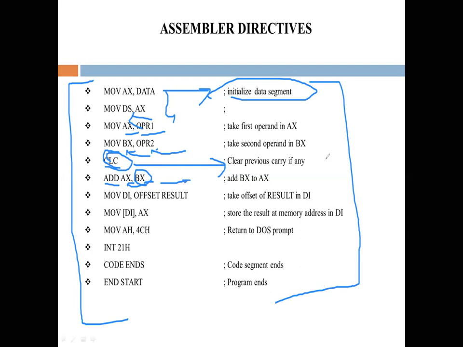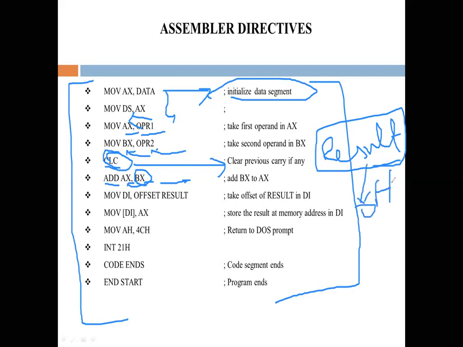Now, the ADD command is used to add the content of the BX register into the accumulator, and the result is stored in the accumulator. Now we have to find the result's memory location in the data segment. So we have to find the offset value of this result memory location. So we have to define the destination index pointer and find the offset value of result into the destination.